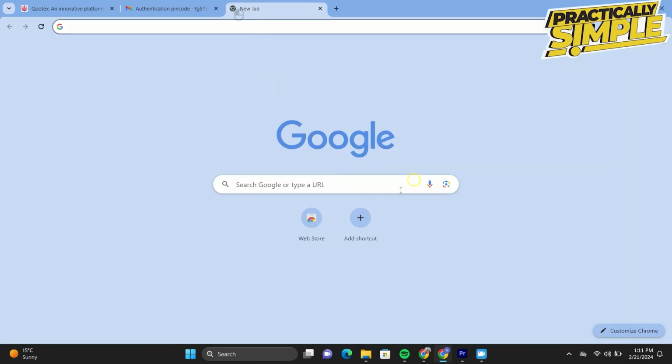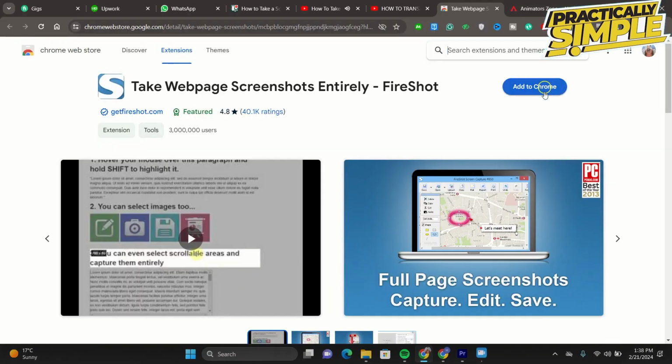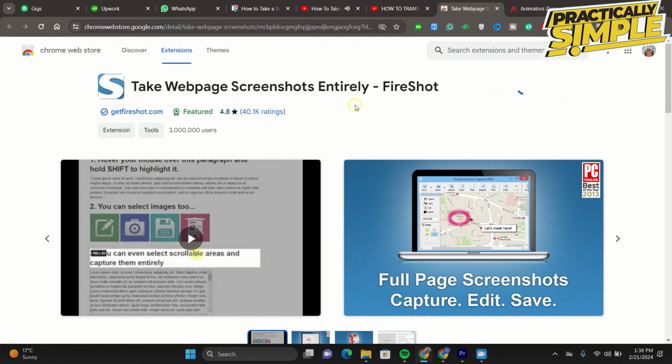Now let's see how you can capture an entire web page as a screenshot. To do that, we need to install an extension on our computer. So you have to come to www.tools screenshot/chrome. Now you have to click on this add to Chrome, then click on this add extension and it will be